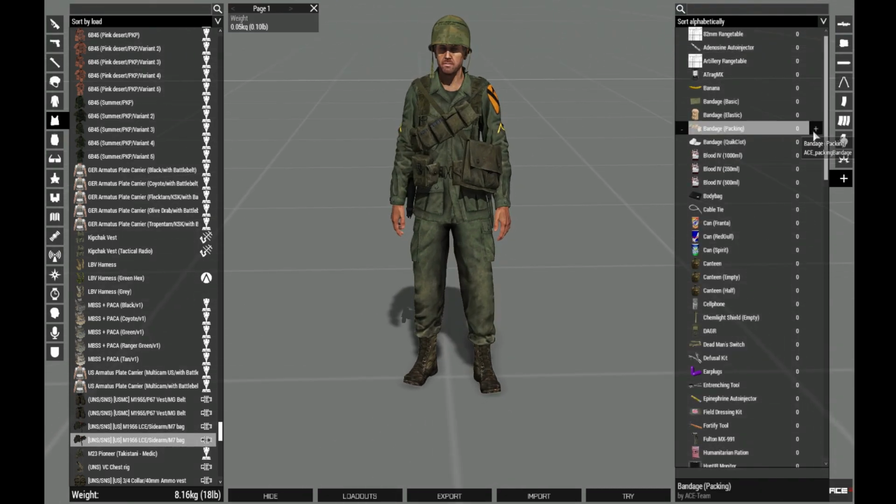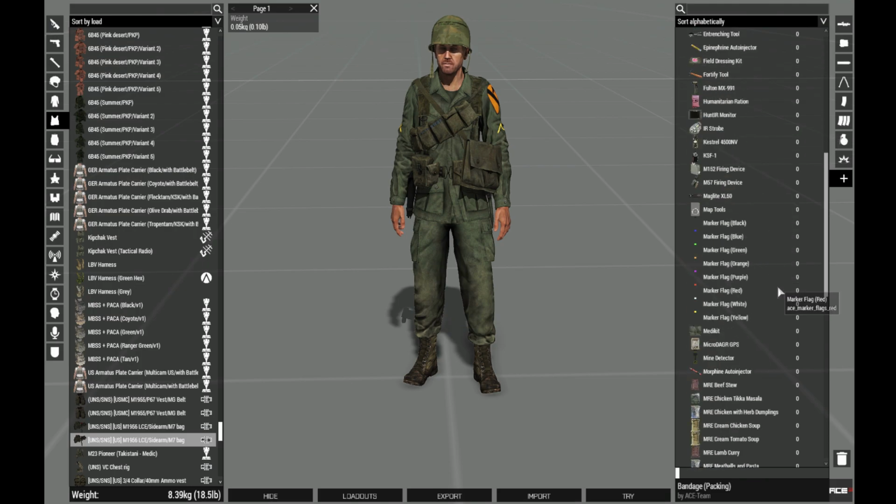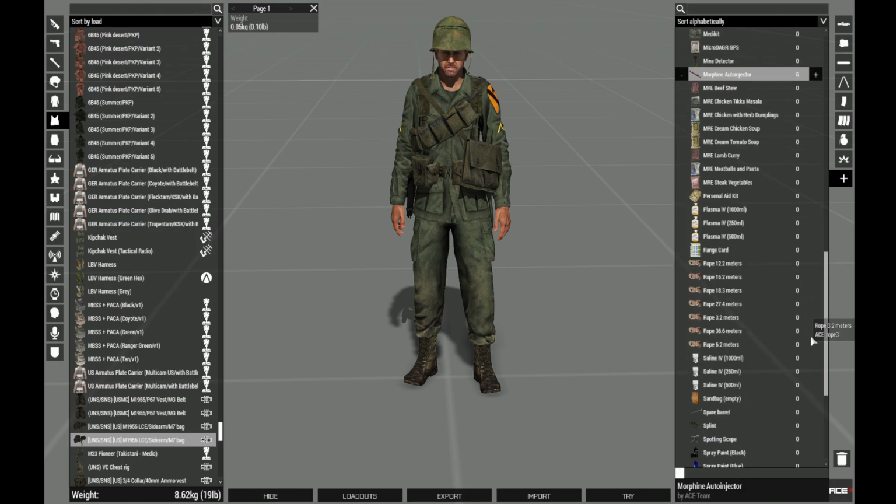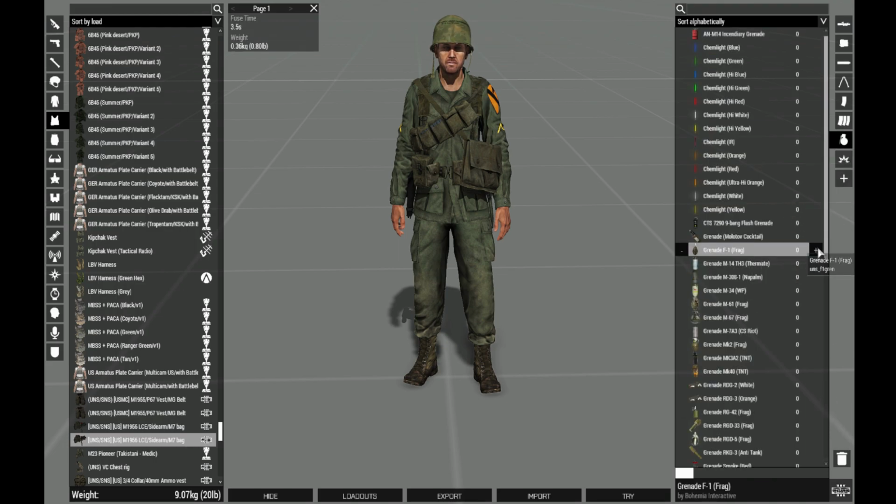If you want more bandages, go for it. You want splints, go for some splints if you'd like to. Go for it. That doesn't really matter. Grab some morphine as well. And then some splints. Okay? And then your explosives, more explosives in here. And then this is where you're going to want to